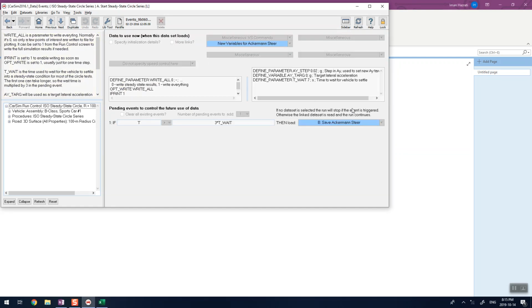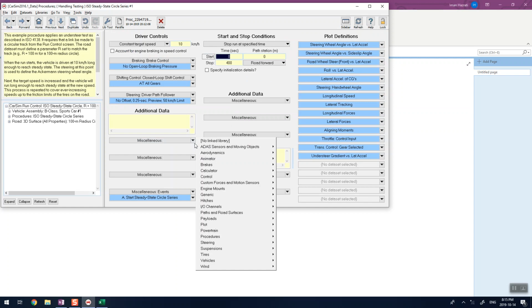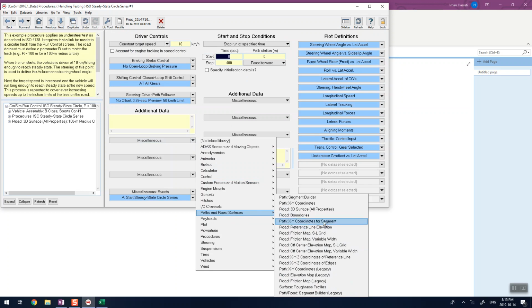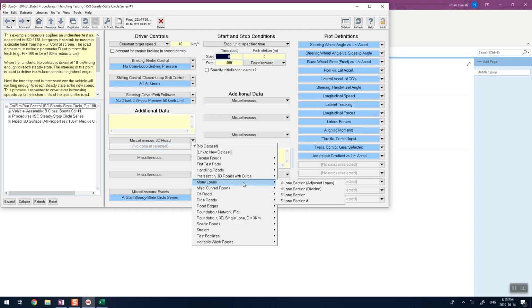I don't want to go like that for you, it's too much for a first experience on CarSim. What I'm recommending is going to here, trying to find path and road surface, going to 3D surface, clicking here, and then go to handling road,